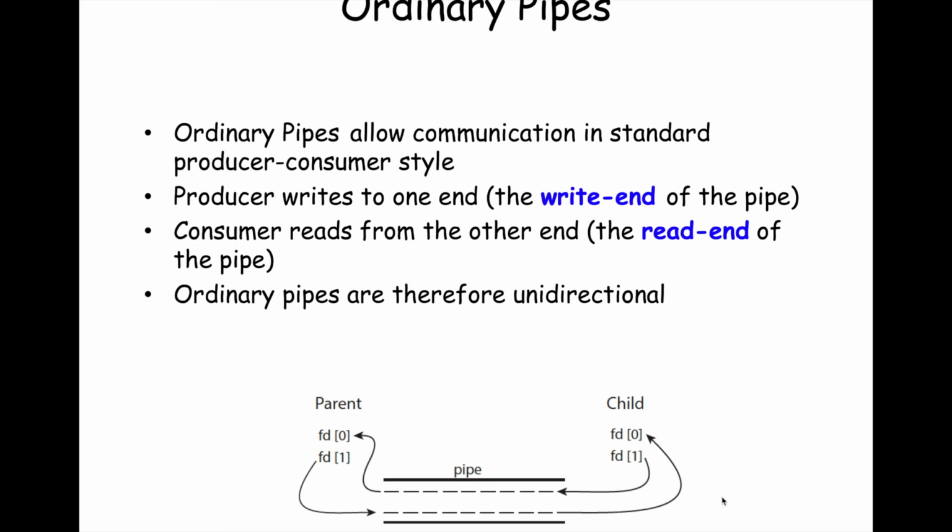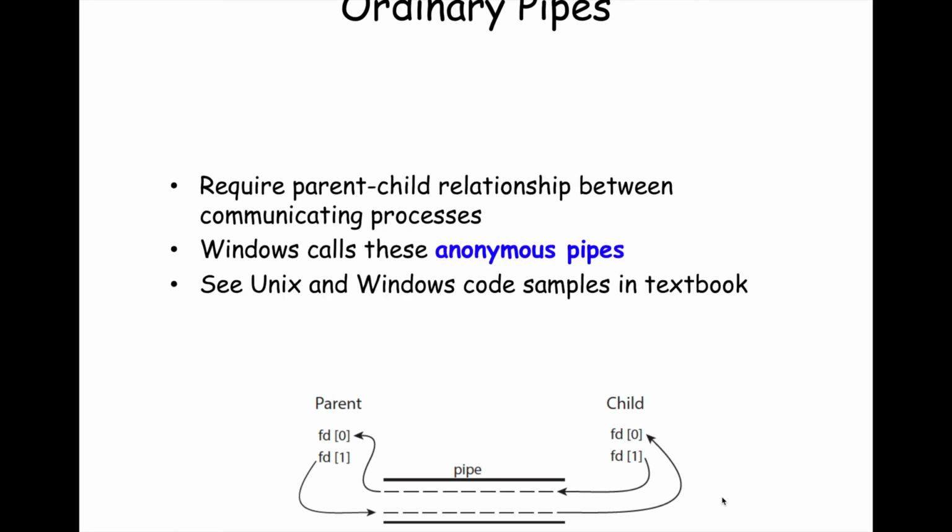So in that case, it looks like the following. You have an array of two file descriptors. They're integers. File descriptor 0 is the one for reading. File descriptor 1, by standard, is the one for writing. So here you'll see the first file descriptor in position 0. The data is going to come into the parent, and the second one in that array is going to be for outputting data. And likewise for the child. So if we take a look